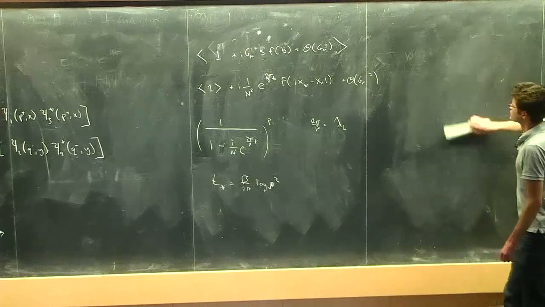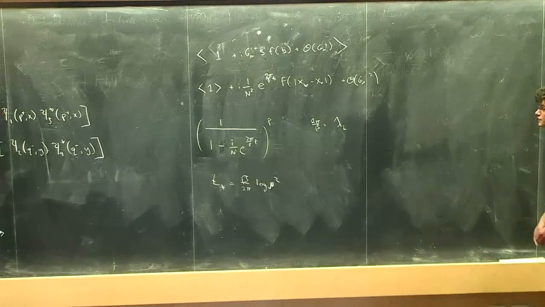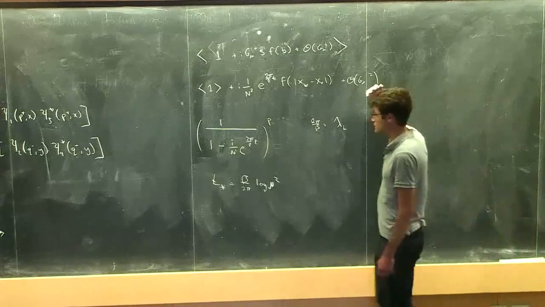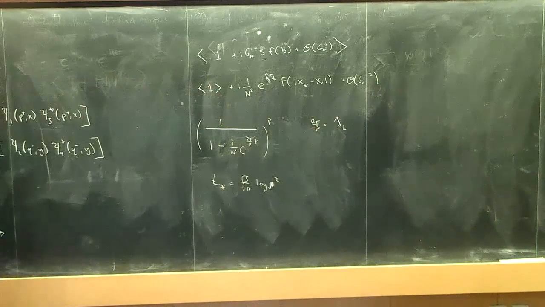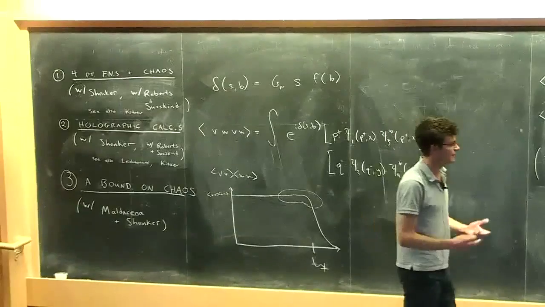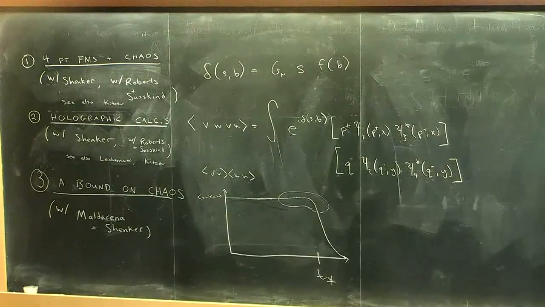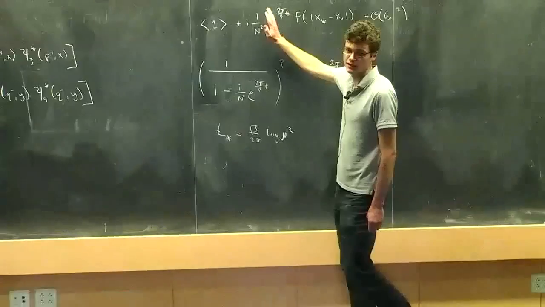Okay. We can consider a few different modifications to this calculation in the bulk. A simple modification is to consider different W and V operators. I've already discussed this. It doesn't matter. The reason it doesn't matter is that everything couples to gravity, and the time dependence here was just determined by the rate of growth of the gravitational interaction.